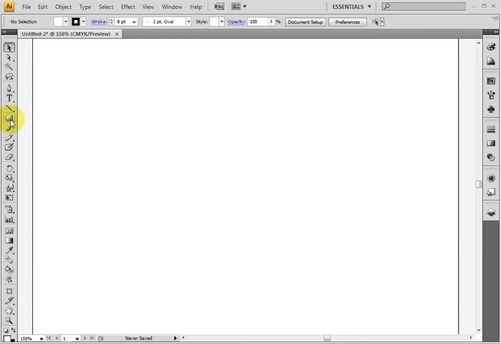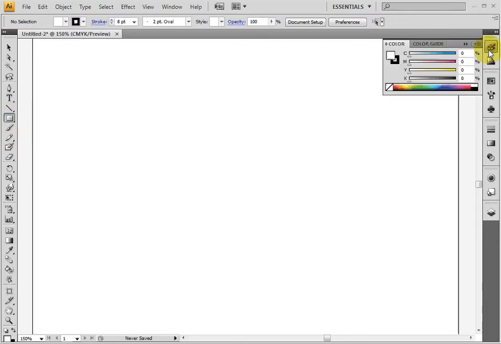But if we click on the rectangle tool, about a third of the way down, and I'm going to go to my color panel and just make sure I have white as my fill color and I have a black stroke. So I'm going to change my fill color. So it's a little different using Illustrator's